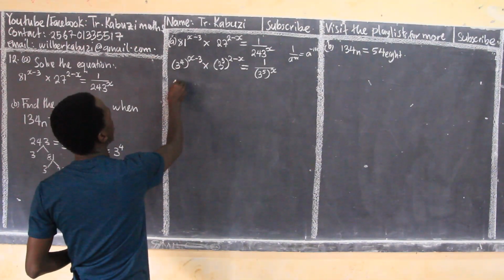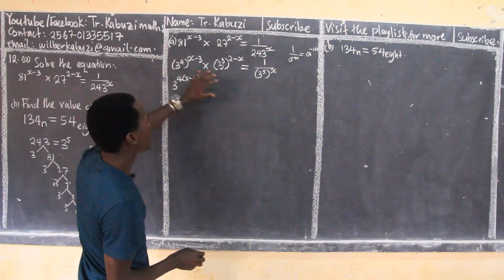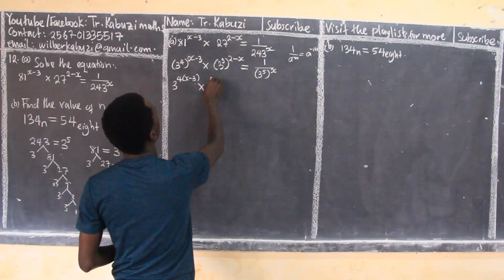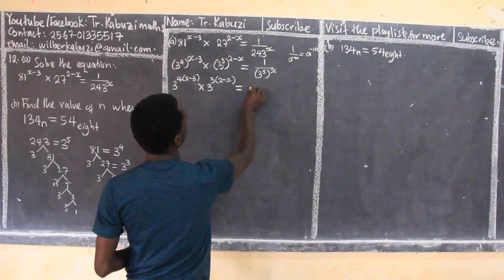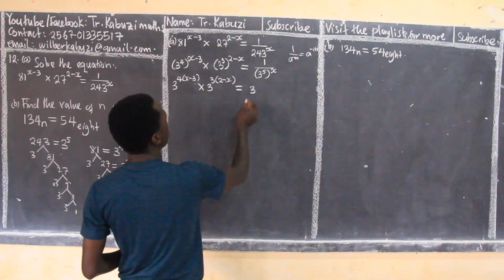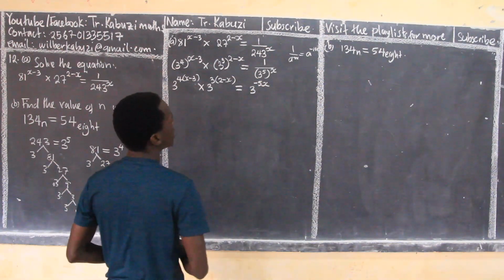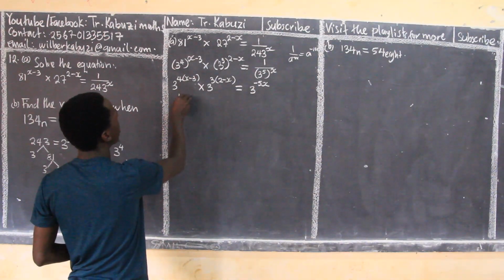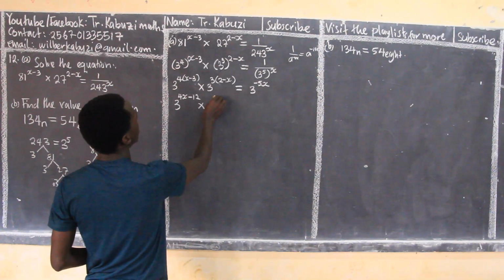So this becomes 3 power 4 into x minus 3. If you're okay, you can go on to open brackets, but I'm using brackets so that I am careful. Then times 3 power 3 equals, now when I take this up, this will be 5x, I'll be having 3. But when I take it up, this power changes to a positive, so I'll be having now minus 5x. Okay, so now can we open brackets? I'll be having 3, 4x minus 12, this will be plus 6,